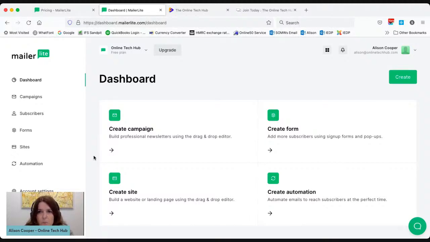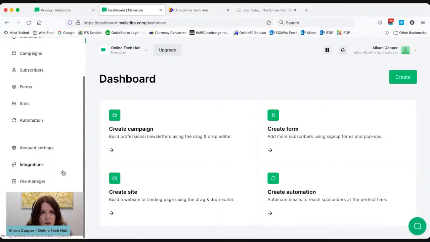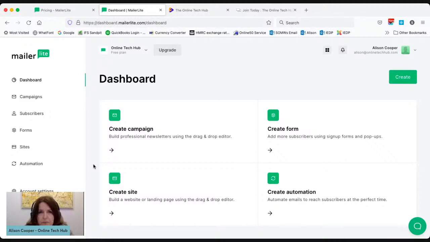So it looks way more modern than the old Mailerlite. You've got the menus now here on the left. It just looks a lot cleaner than the classic Mailerlite, so it should hopefully be more intuitive to use. They do say in their advertising that it is easier to use than the classic, and to be honest, I find the classic extremely easy to use. So the fact that they have said that this option is even easier, then it's probably a good one to